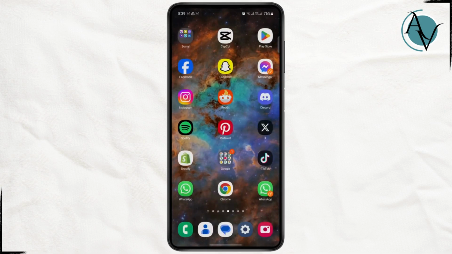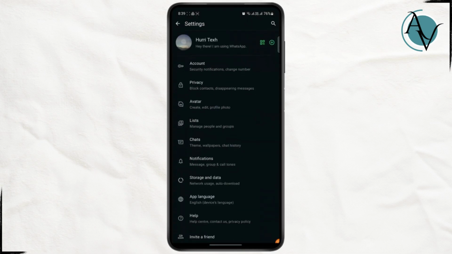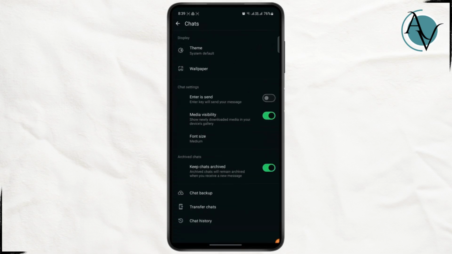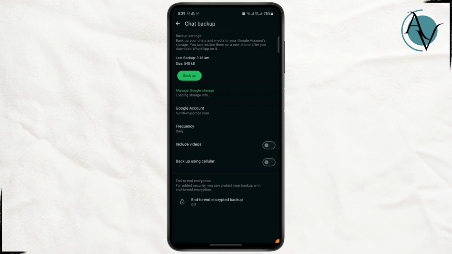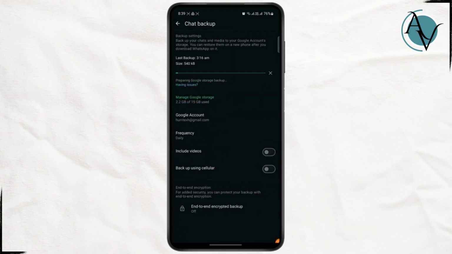First thing you need to do is go ahead and tap on the three dots at the top right corner. Now, just tap on Settings. It will take you to your WhatsApp settings. Now here you need to tap on Chats and then Chat Backup. Once you do that, you just back up all of the chats that you need and just wait for it